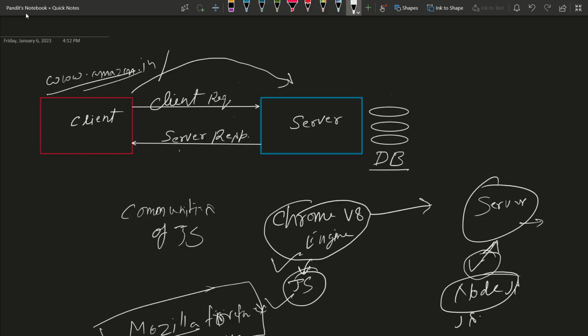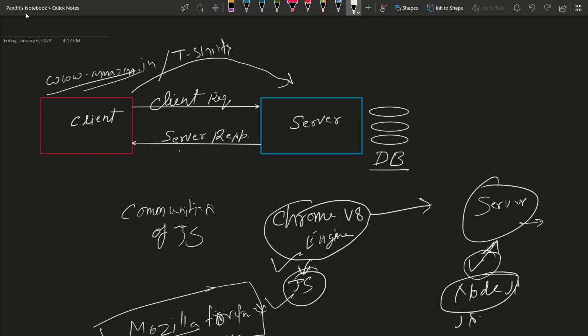We are searching something like www.amazon.in/t-shirts. So the request goes to our server side, and our server side fetches the data from the database.